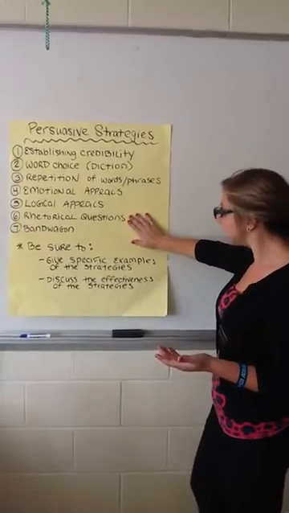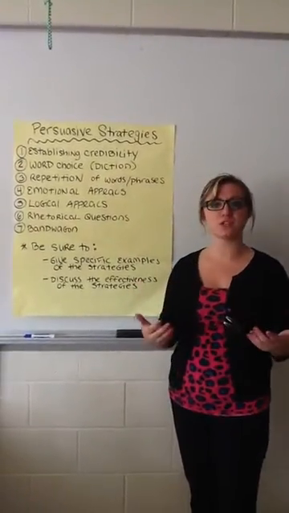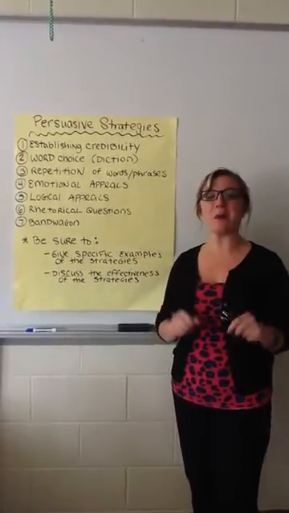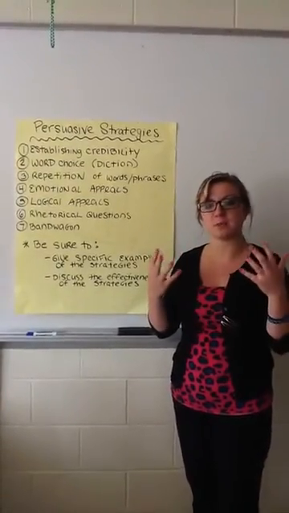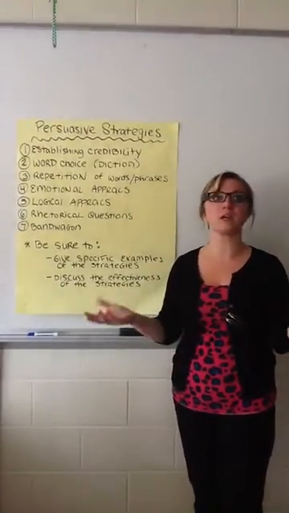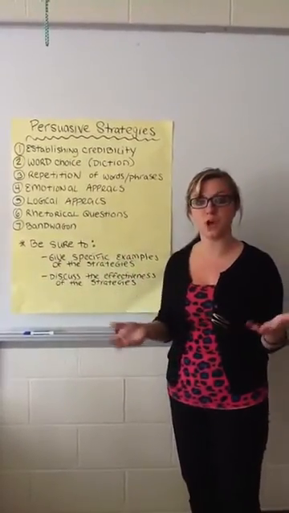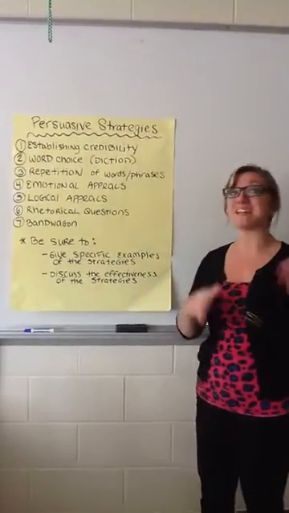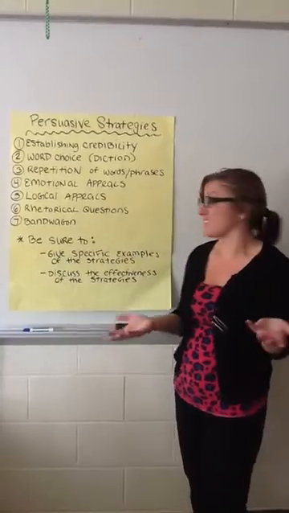A sixth strategy is a rhetorical question. This is one of those questions that somebody asks, not necessarily expecting an answer, but hoping that you will think about whatever this person is asking. Who here actually wants to be a slave? That's a rhetorical question that Brutus uses. Who wants to be a slave? He's not sitting there waiting for all the Romans to raise their hand, but he is hoping that they're going to really think about what would happen if Caesar really was alive.